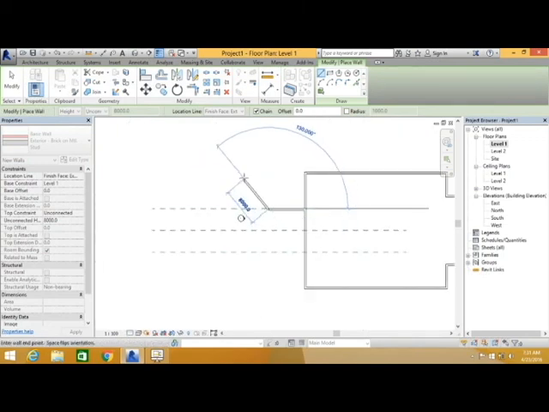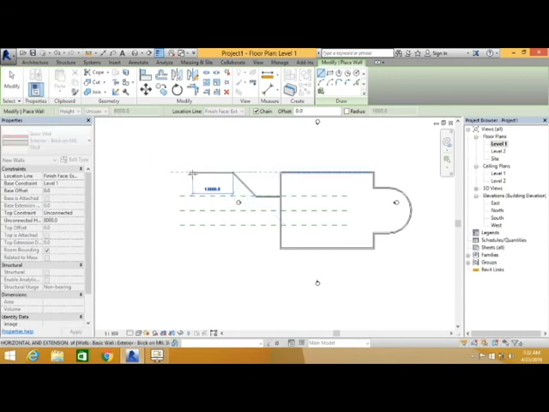Then here I need to draw a wall at a 45-degree angle and it has to be aligned with the finished face of the other wall. So when you give it here, you can see 135 degrees, in the sense 45 degrees, and you can see that dotted line showing over there. When you see that, you click over there. But if you move a bit up or a bit down, you will not see that dotted line. So when you are exactly at that finish face alignment, then you can see that dotted line, then you click over there, then drag this way.